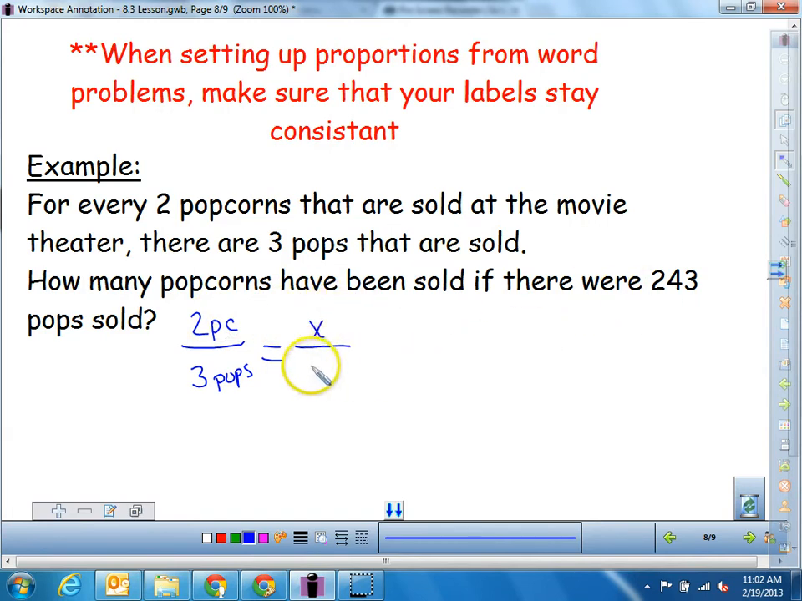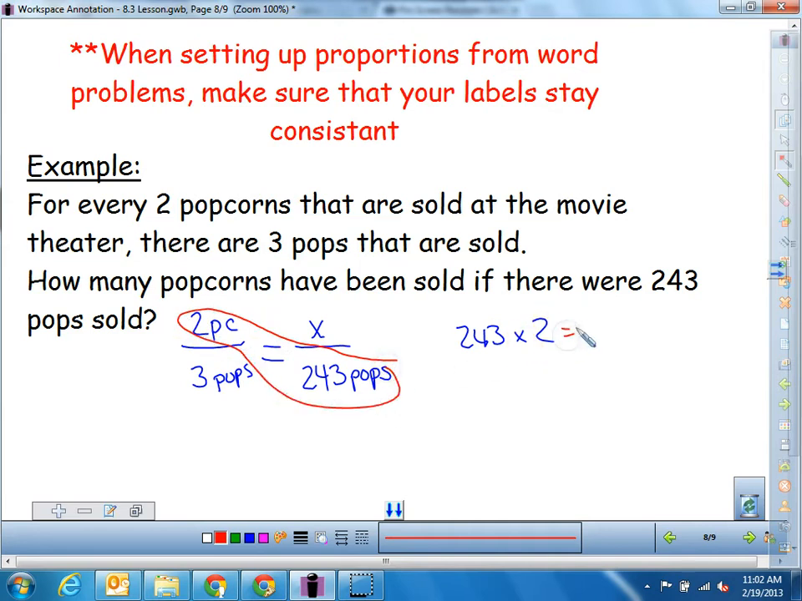I know that there are 243 pops sold. So pops were on the bottom. Pops need to stay on the bottom. So that's how I know my proportion is set up right. I've got pops and pops, popcorn up here, and I'm looking for popcorn up here. So now I'm going to take 243 times 2, because I'm going to multiply the diagonal,